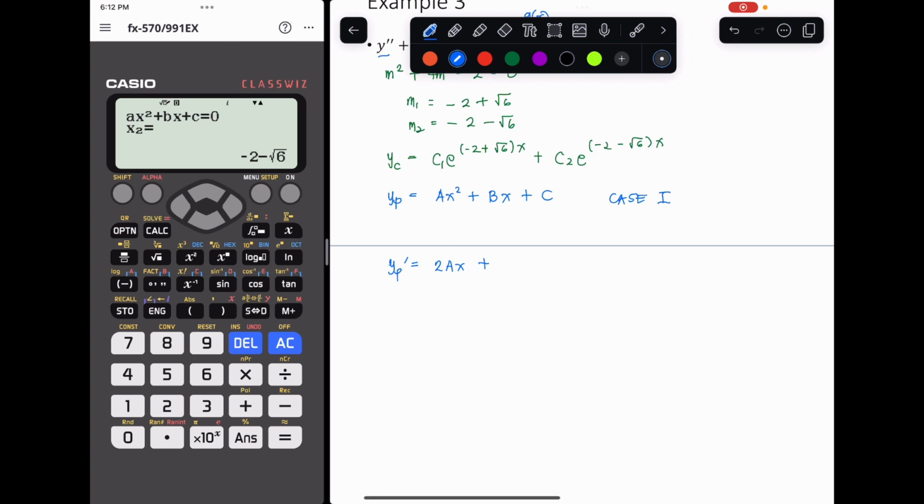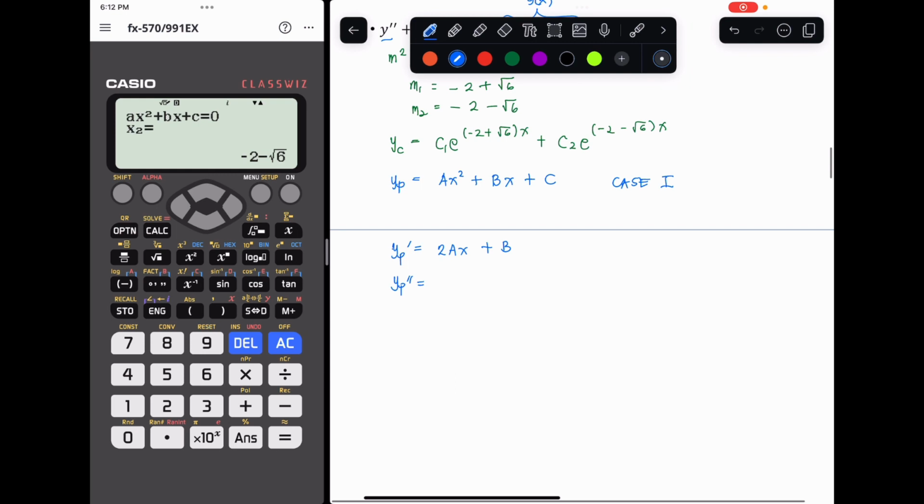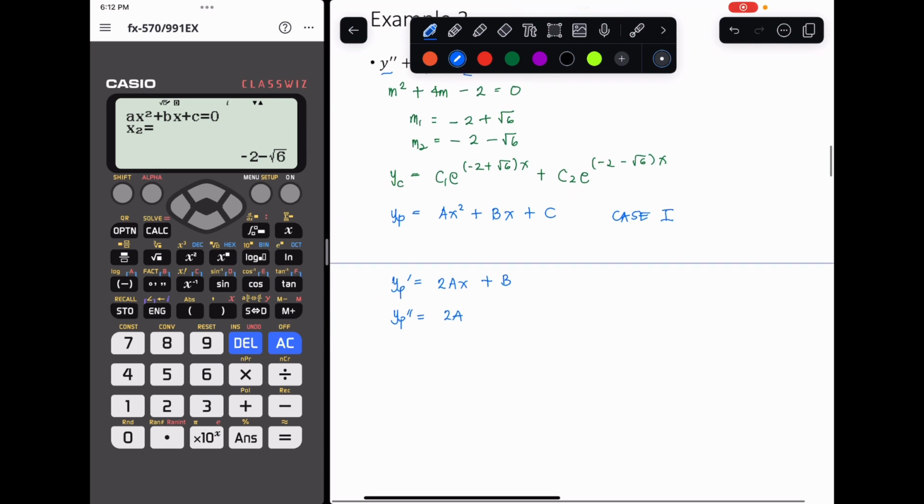And then the derivative of bx is just b. The derivative of c, which is a constant, will just be 0. And lastly, yp double prime: the derivative of 2ax is just 2a. So b will be 0. Now that I have yp, yp prime, and yp double prime, I'm going to substitute them into the